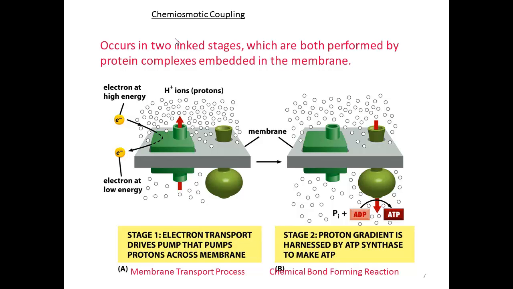And here we start to see some details of chemiosmotic coupling. High energy electrons will be donated to a protein. The fact that the protein now has an additional negative charge will change the conformation of the protein. This conformational change will result in pumping protons from the inner mitochondrial matrix to the intermembrane space. This creates an excess of protons here relative to the inside of the